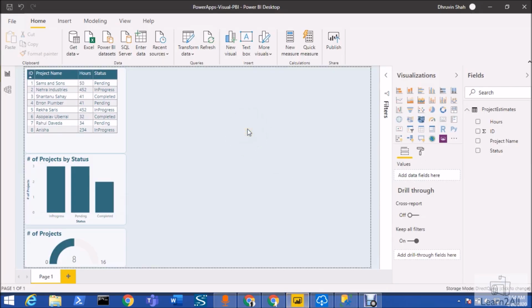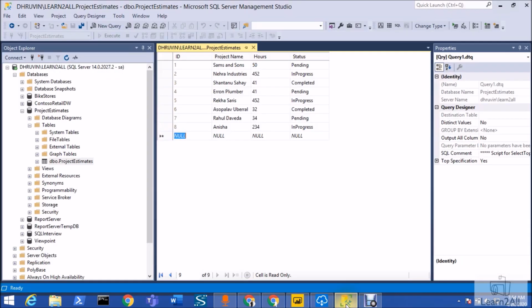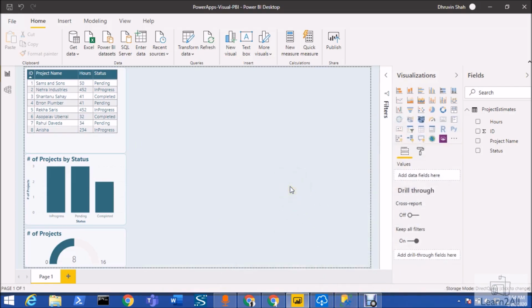First of all, this is my Power BI report. I have connected my Power BI report to my SQL Server with direct query mode. Make sure of one thing: you do not need to use import mode. You must use direct query mode if you want instant results from your Power Apps form in Power BI. Otherwise, if you select the import mode, the refreshed data would be reflected only when the scheduled refresh is performed.